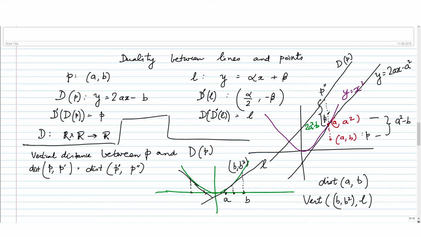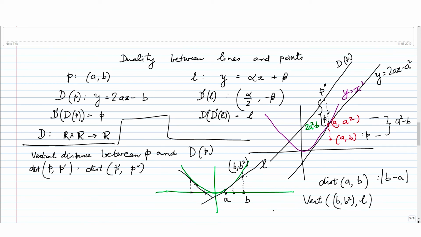Maybe I can just do it. So, let me do it. Okay. So, distance between A and B is B minus A, right. Okay. Distance between this point and L, can you tell me? So, this line has an equation y equal to 2ax minus a square. So, if I use x equal to b, okay, so that is